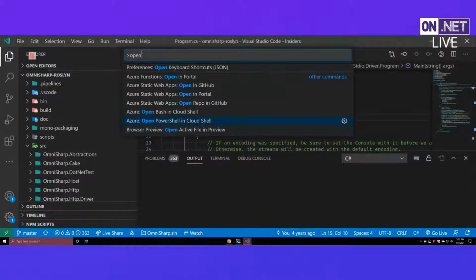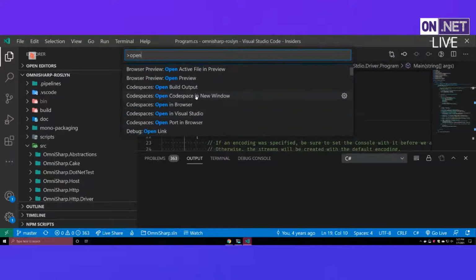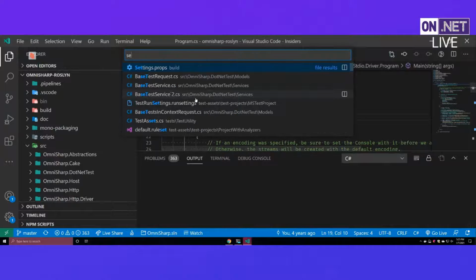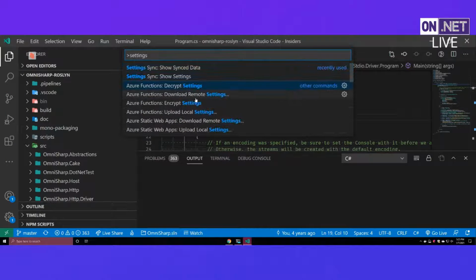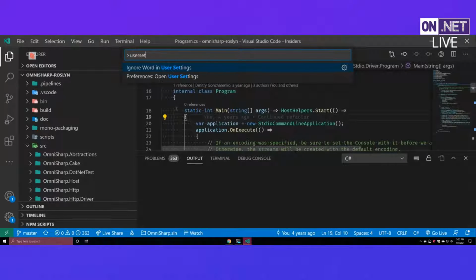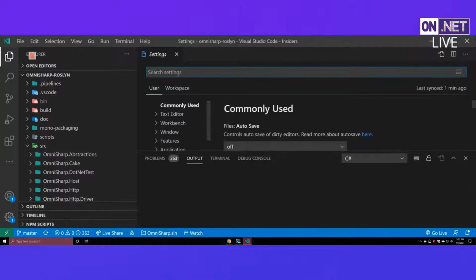My other computer's in the other room, so I'm using remote desktop software, and it doesn't like all my keybindings, I guess. Settings. I can't type today. It's all good. You've got user settings. Oh, if you want user settings, you can just, there you go. You got it. It's just been one of those days.